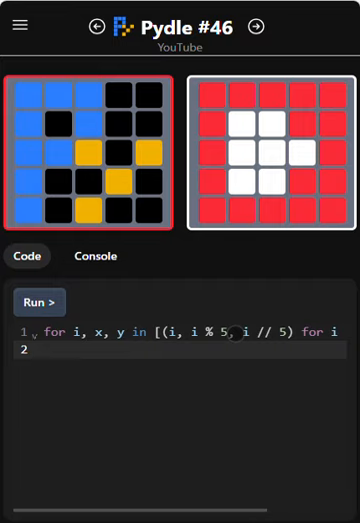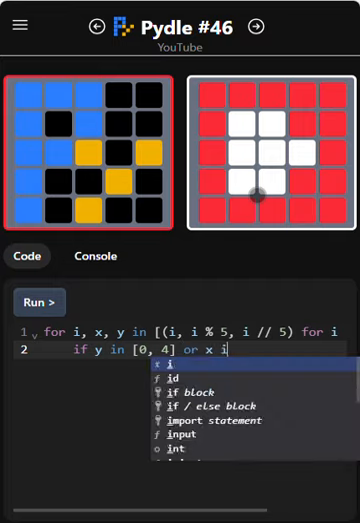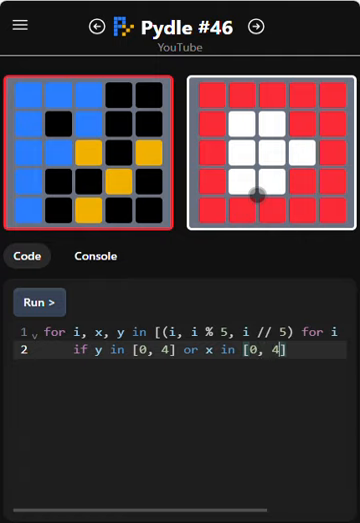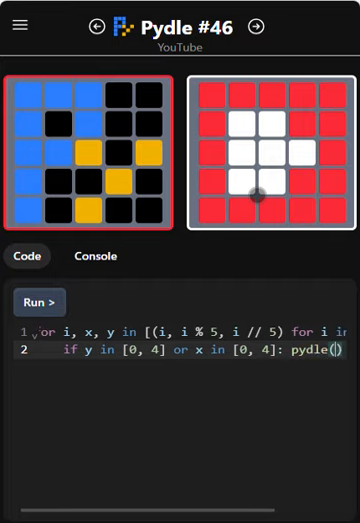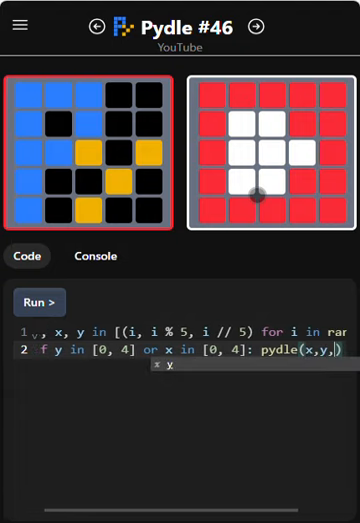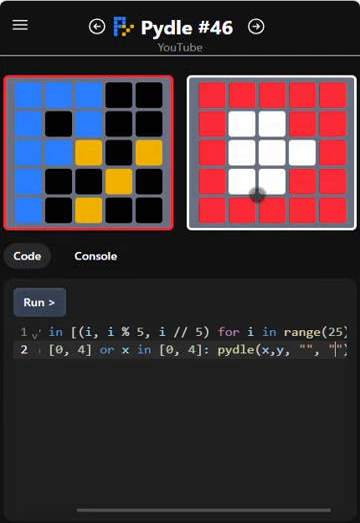Okay, now for the reds. So there's basically a red frame around, and then there are those two extra red pixels. So you can do the red frame by saying if Y in 0, 4 or X in 0, 4, and do Pydle X, Y red,